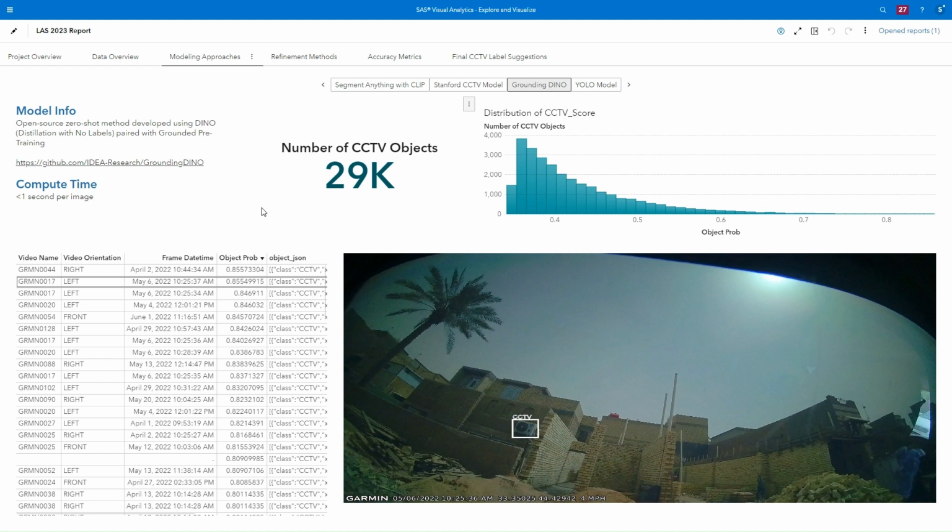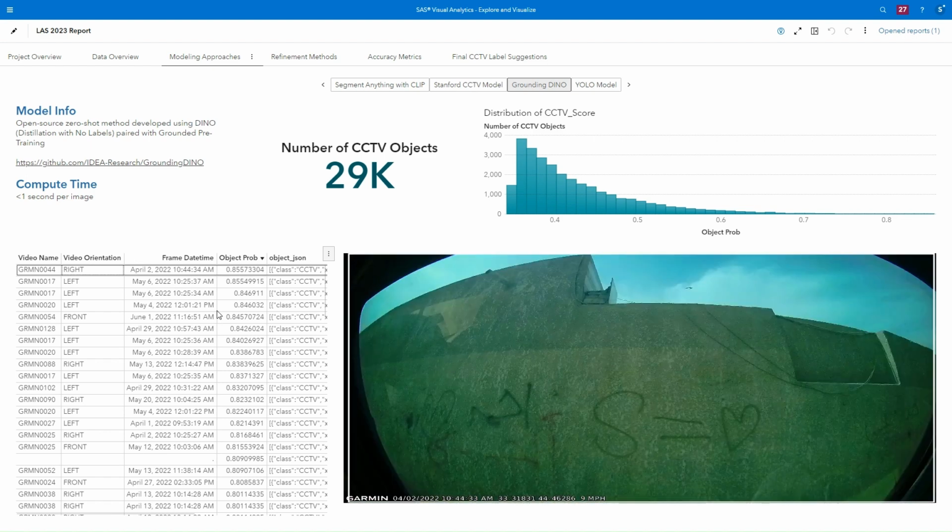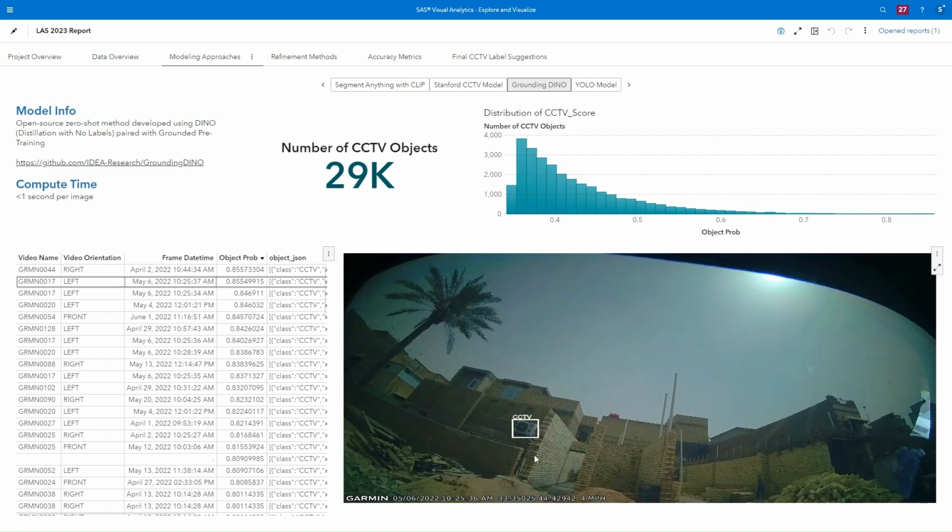For the third model, we used another open source zero-shot method, this time the Dino model with grounded pre-training, which also does not require any additional training and looks to identify and label the object. Also generating an object probability score, which you can see the distribution of here,